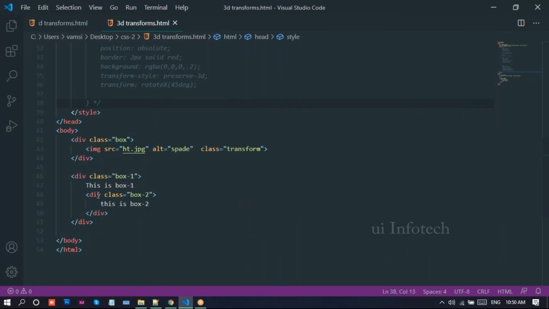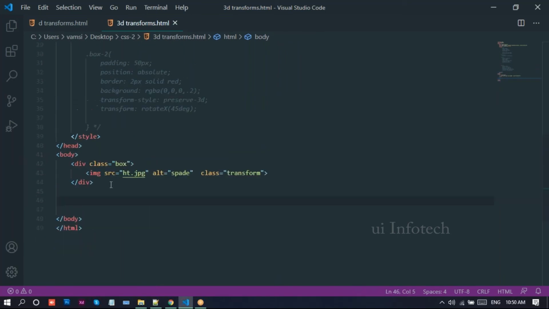Now, here I'll take the same example, or else I'll do one thing. I'll remove this one, and I'll take a container, that is a div. Inside the div, I'll provide this image there. Now we need to apply some CSS for this one.